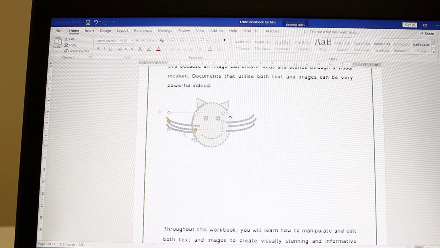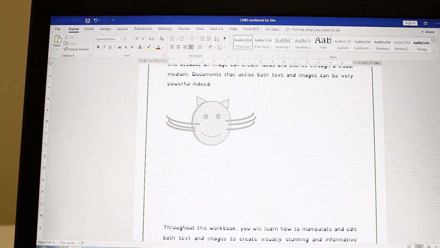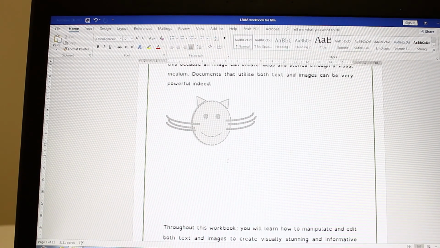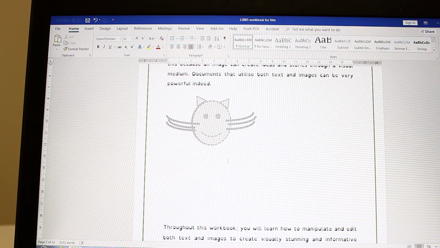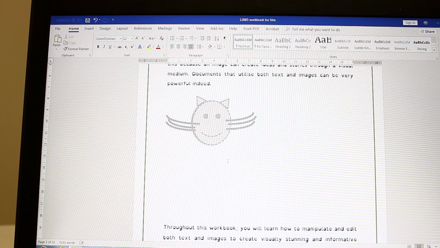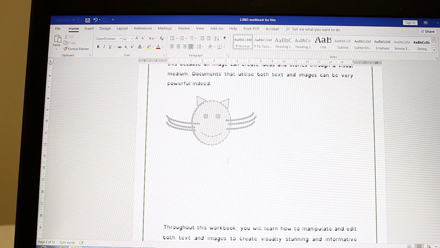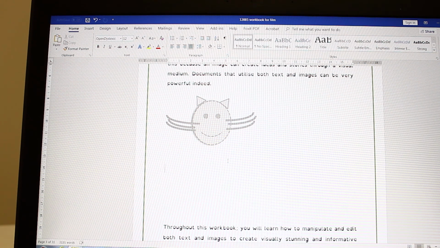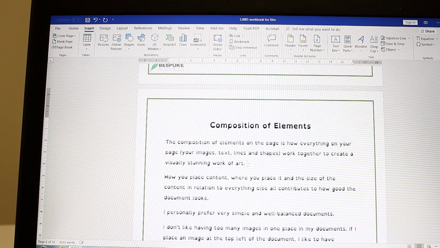And there we go. I've used shapes just in Microsoft Word. You can also do this in Paint. Paint is quite a powerful program once you get the hang of it. Very simple, but there's a lot you can do. And you can draw these images. It's really quite neat. Alright, so I've scrolled down the page a little bit because we're done with creating images